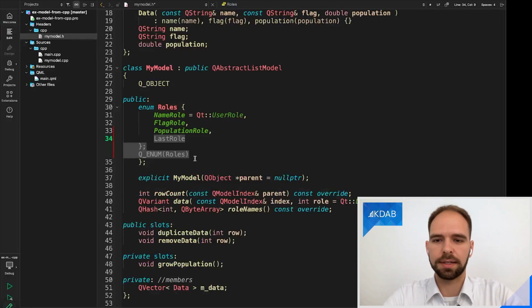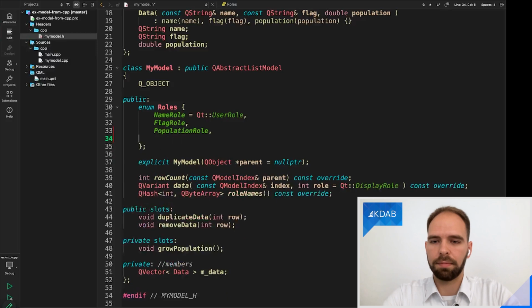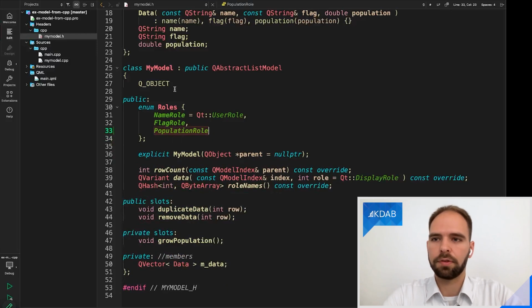Yeah, see, so here it started a completion to say there is a last row, and then it's also suggesting to use the QEnum flag to mark this enum here for meta object information. Okay, so in QML, let's see where I love the fact, and that's where I feel less threatened about AI. I love the fact that it offers me the closing parenthesis or closing brace semicolon, and it's right after, and it's gonna ruin all my code.